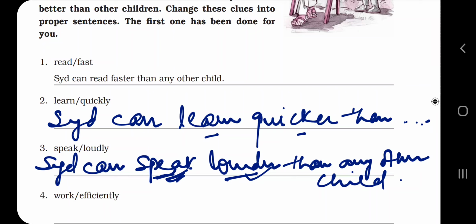Then next is Sid is a more efficient worker than any other child. Okay, वर्क कैसे काम करता है? एफिशिएंटली काम करता है. काम का क्वालिटी बता रहा है, बहुत अच्छे से करता है. तो लेट्स राइट इट. Sid is more efficient